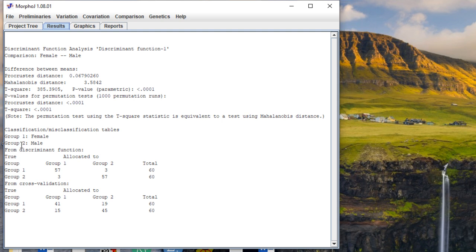Here we have our group 1 is called female, group 2 is called male. So take note of that. Whenever you see group 1, we are talking about female, group 2 is male. So this is our confusion matrix for the discriminant function. Here we have the total is 60 for each of them, each observation. Now here we have 57, 3,